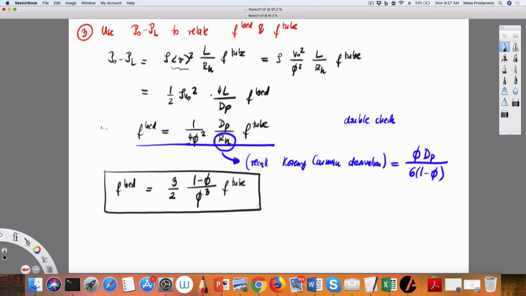So this is actually my starting point. Two pages and I'm still at the starting point. So this is my starting point in the sense that now I'm going to start actually taking this F tube and put different flow regimes in there. One thing